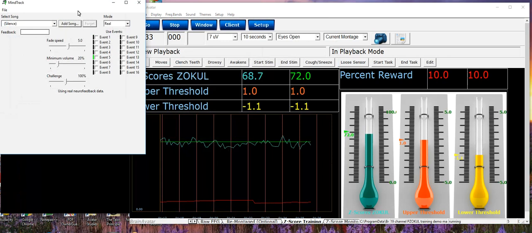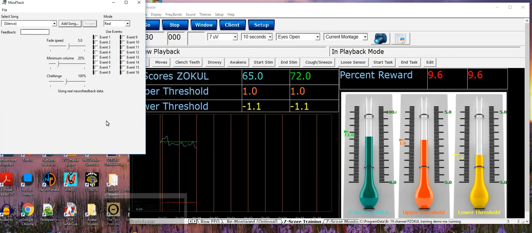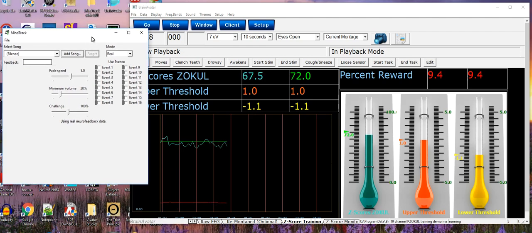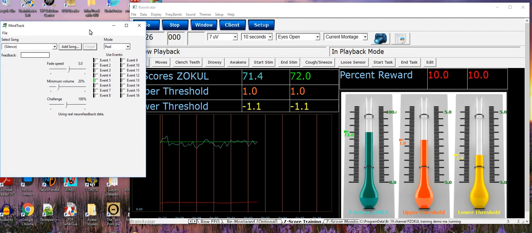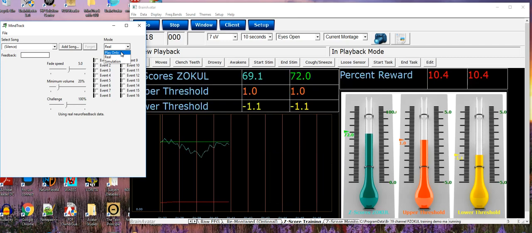So MindTrack, when it launches, will have two screens. This black screen here you can just minimize because that will be for advanced users who are doing their own programming. But right now for the basic MindTrack, there's three modes. There's a play-only mode where that just plays the song. There's the real mode when you're using it in neurofeedback. And then there's the simulation mode, which is what you want to play if you just want to